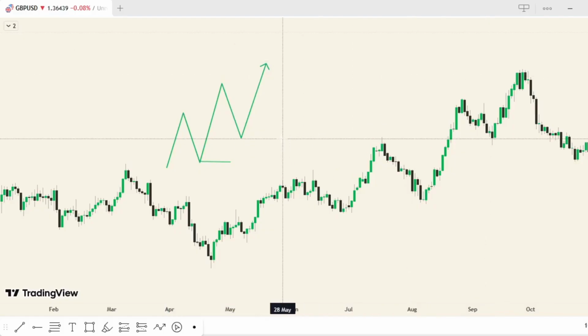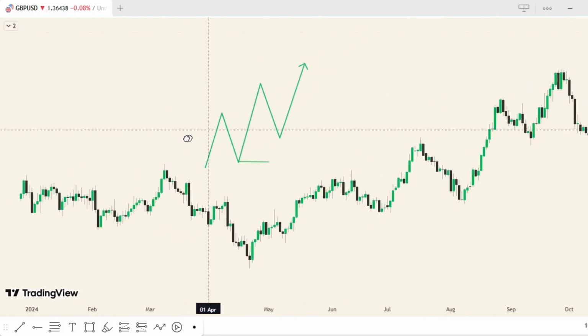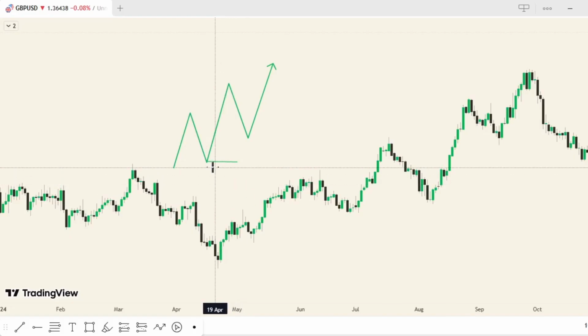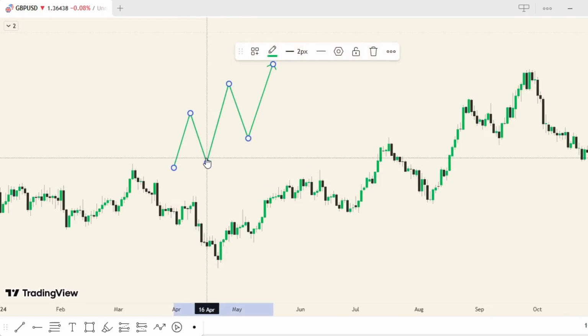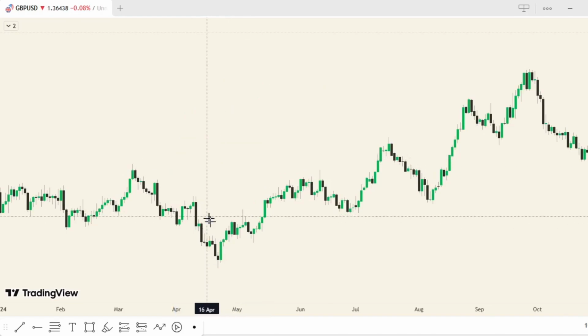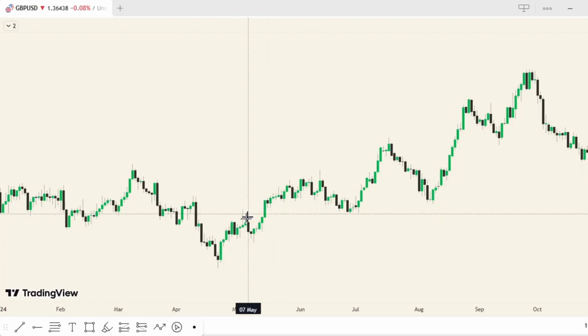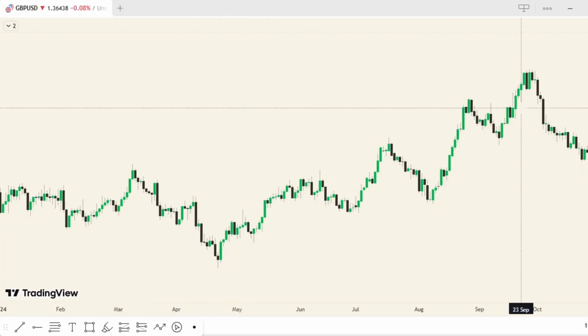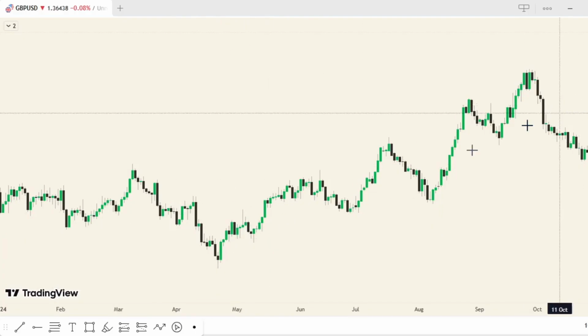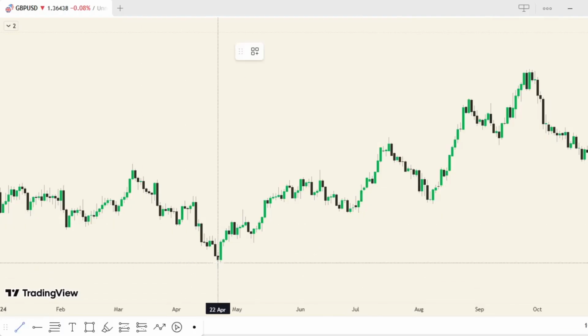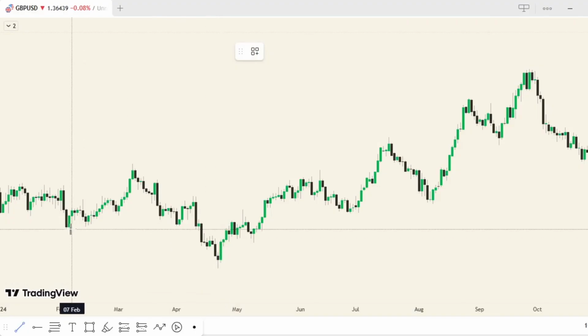So now, this formation is a bullish formation, right? Let's start our example from this all the way from the right side. So now looking at this particular structure, we can see you had a low which is right here,